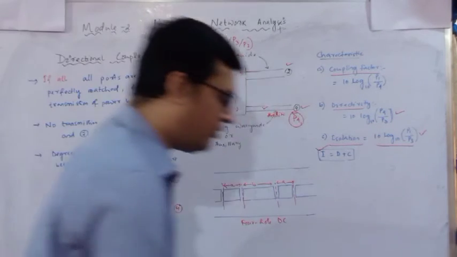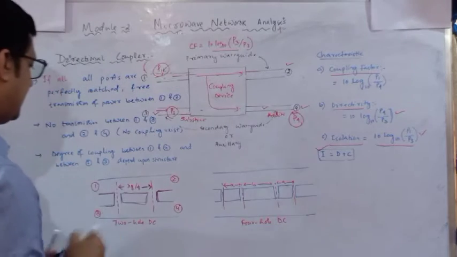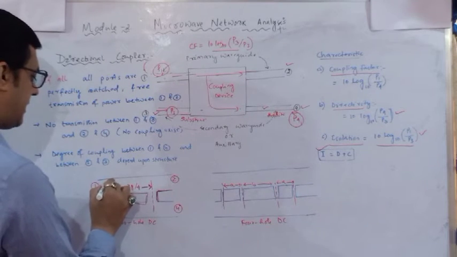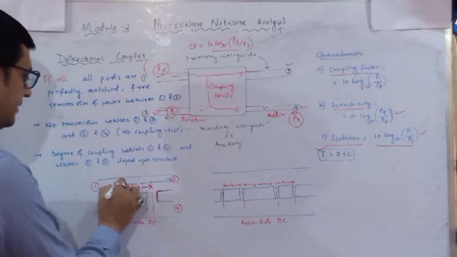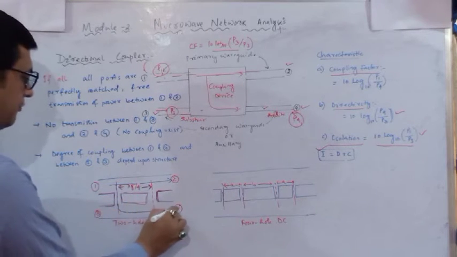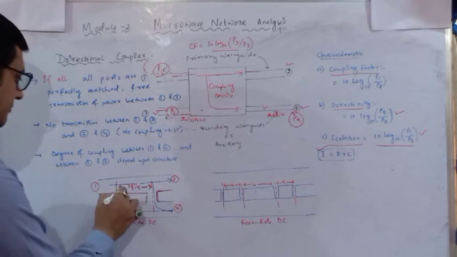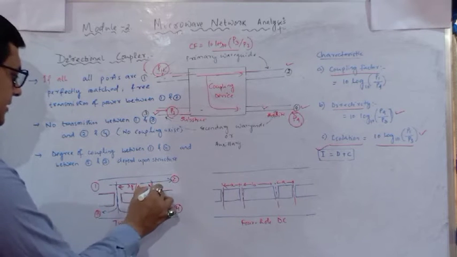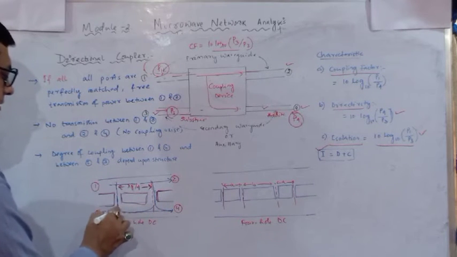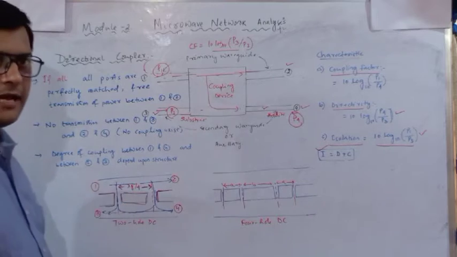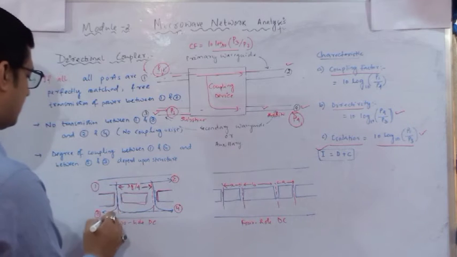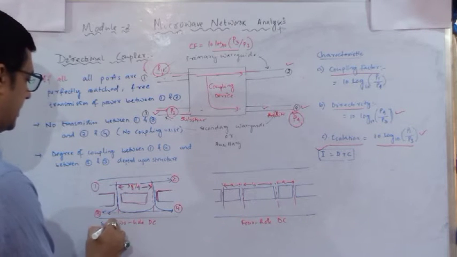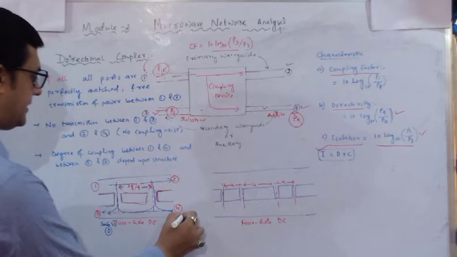Now when port 1 is energized, the power will flow, this is the primary line, so some power will flow from 1 to 2. Some power will be flowing to port 4. From here also to port 4, it is additive, and some of the power will reflect back like this. These two reflected powers have the same magnitude, and they will be cancelled out. So this is called subtractive. So here the output will be 0, but here the output is additive.